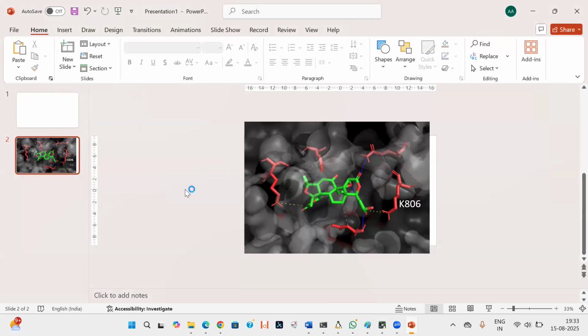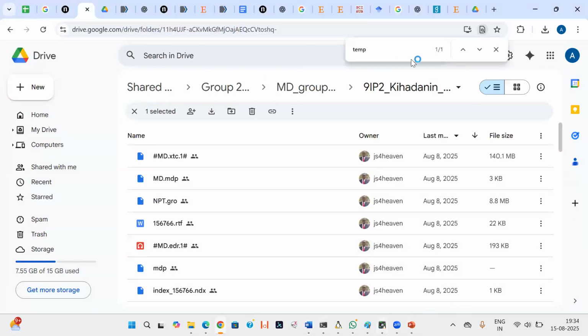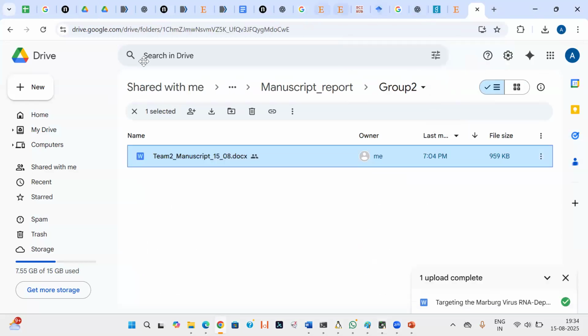I'll do this for the top 10 compounds that we have. Yes, how many complexes do we have? We have a total of around 35, maybe. Not 35 we need. If you make for 35, we can keep it in supplementary. But at least the top 5 should be kept inside the manuscript. So out of 35, we have to take at least the top 10, and in the top 10, we proceed further to MD.